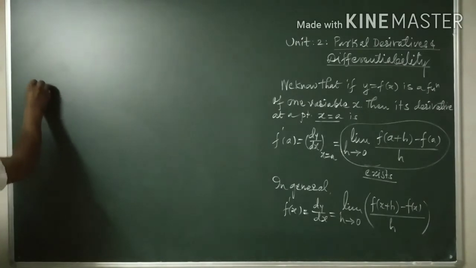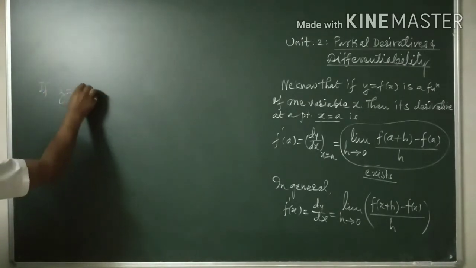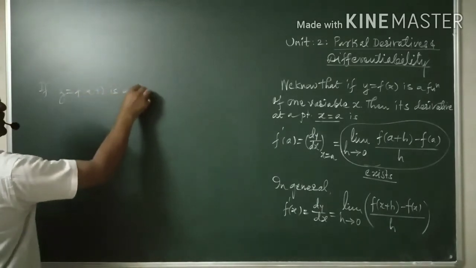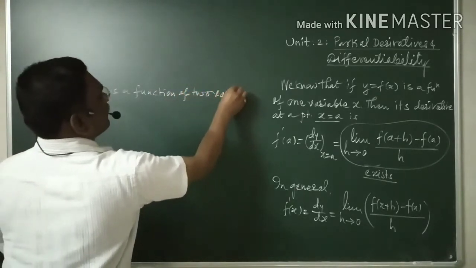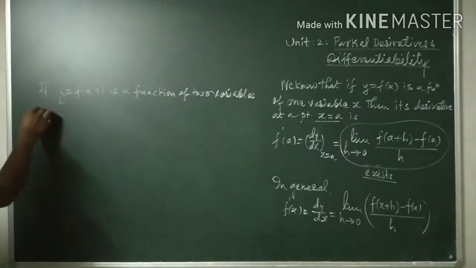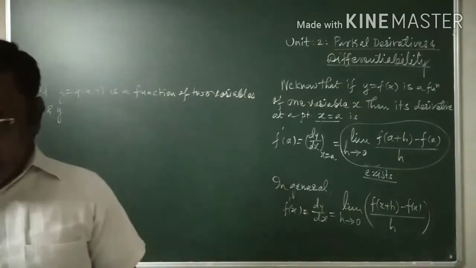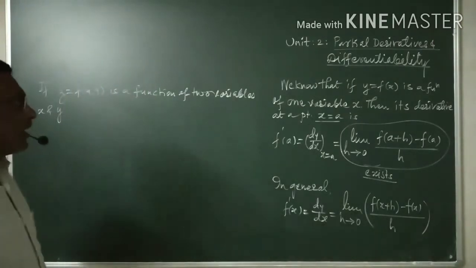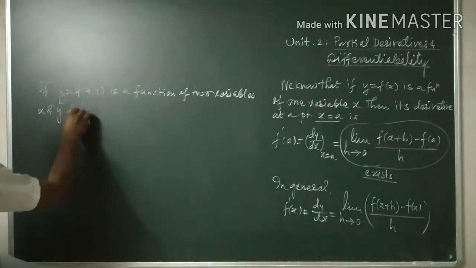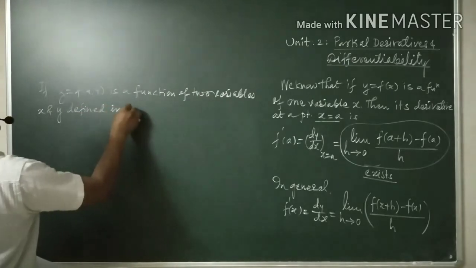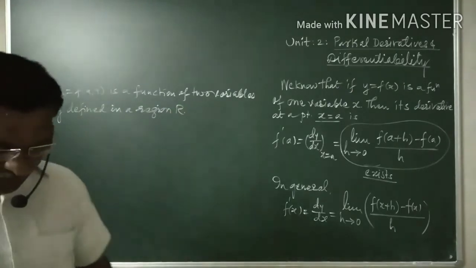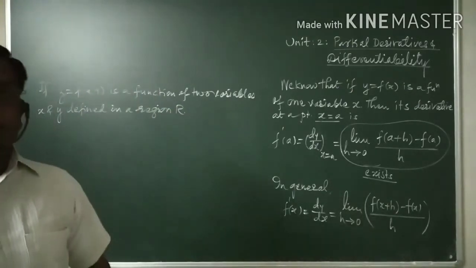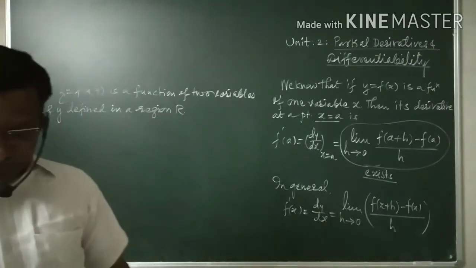Therefore, if z is equal to f of x, y is a function of two variables x and y, defined in a region R. If you define some function of two variables in a region R, then